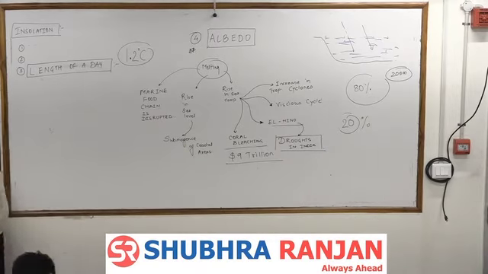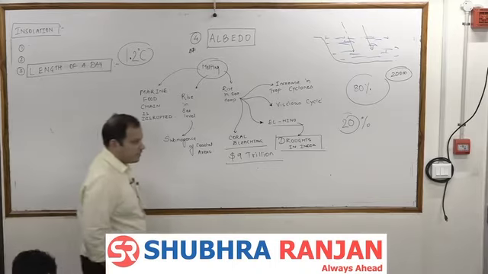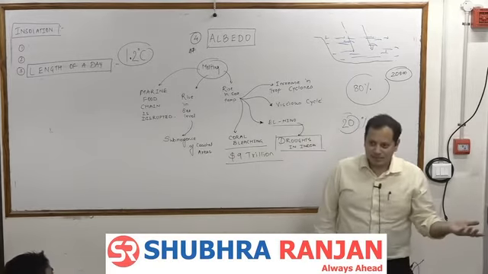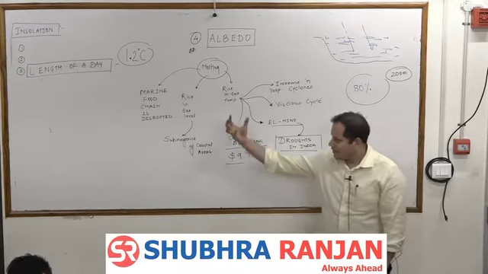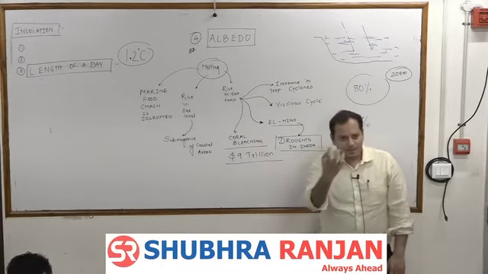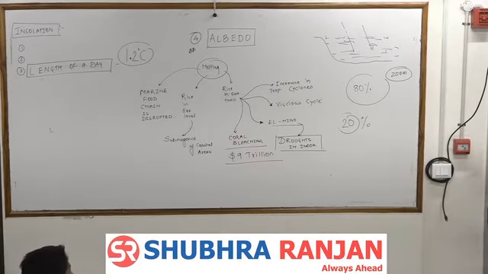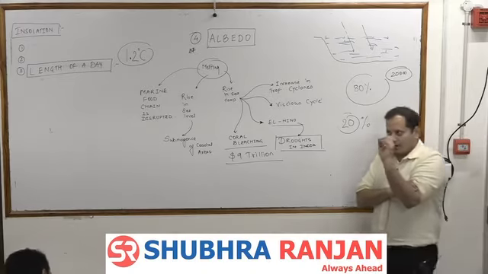Albedo affects the heat budget of the earth. Budget क्या है? कितना income, कितना खर्चा. So कितना insolation आया, how much is absorbed and how much is reflected back. So albedo affects the heat budget of the earth because